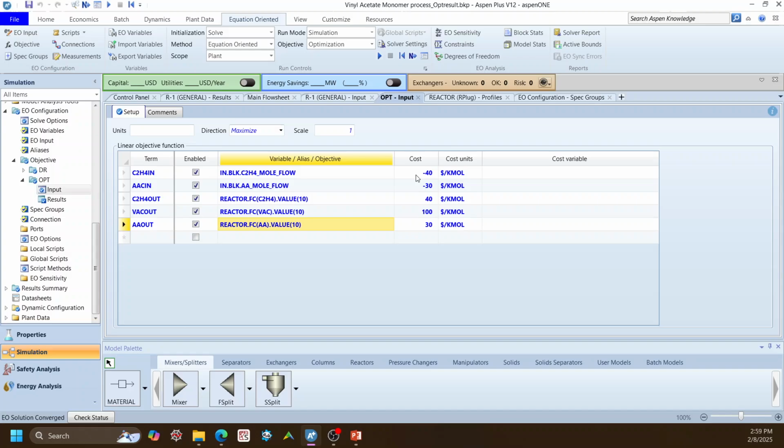If it's minus, it means minus in the linear objective function. If it's plus, then it's plus. So we are making money by creating this product, and we are losing money by consuming this product. That's basically what it is. So once we get it